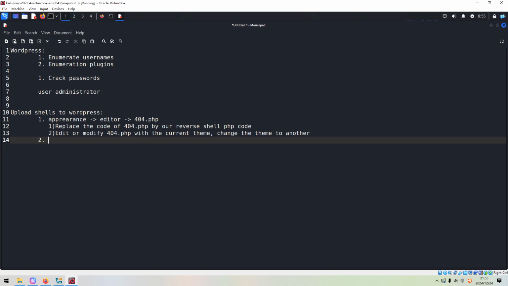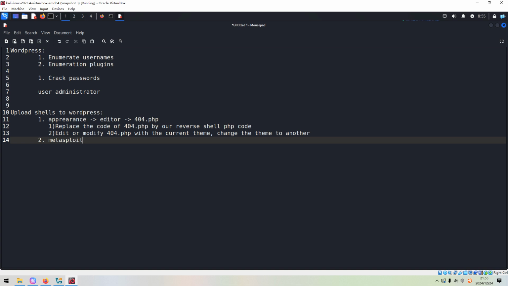For example, there is no update button, or if you click the update button, you will get an error, no permission to update, something like that. So in that case, we can take another way. This is my second way, which is Metasploit.